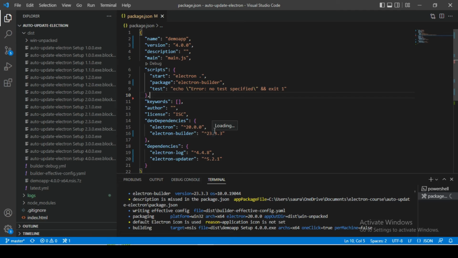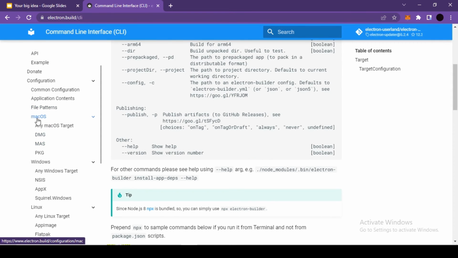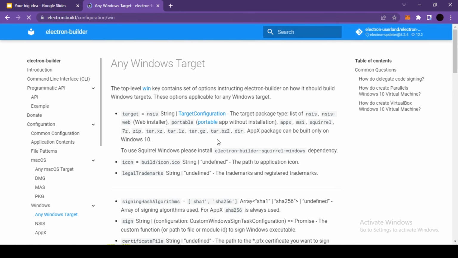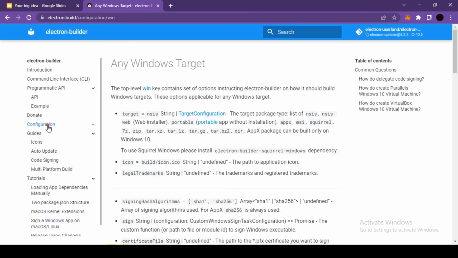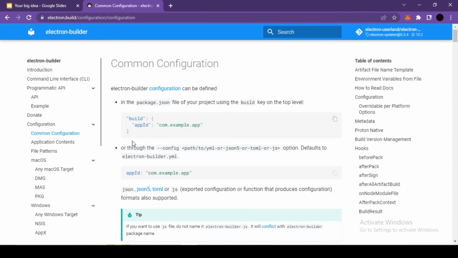And now I want to create a zip of my application. So you can see there is no zip file at the moment. It's 7z but not a zip. If you see this documentation, you will see one section for Windows, so you can refer to this as well. Let me see it here. Okay. And also if you go inside the common configurations, this is how you can edit your configurations